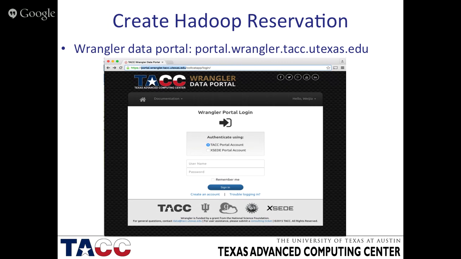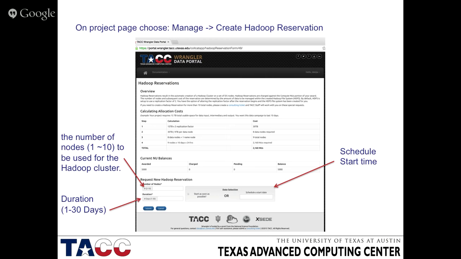The first thing you will see is a dashboard view that lists your available allocations on Wrangler. You should be able to see at least one allocation listed there. At the right-hand end of that allocation, there is a button called